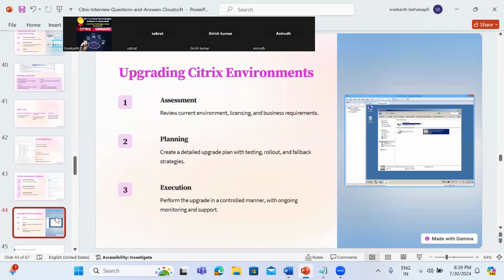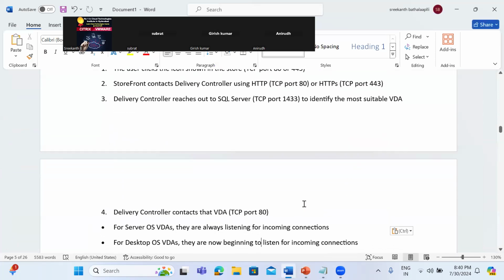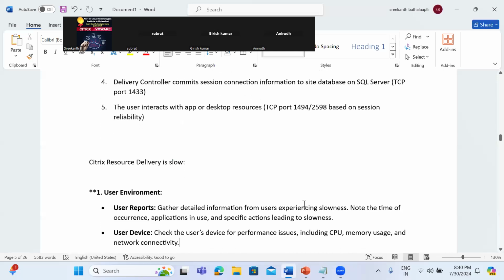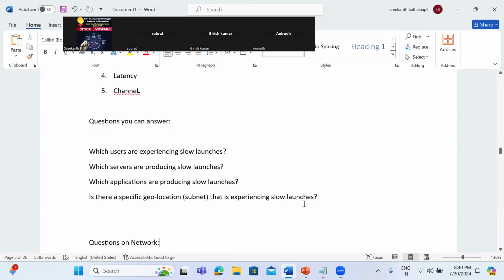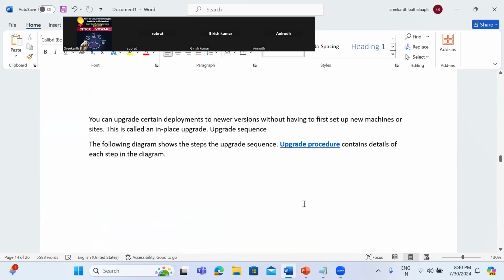And definitely we need to upgrade our Citrix environments. So we need to perform the upgrade. Here I will explain in which order we need to perform the upgrade. There is an order in which we need to upgrade our Citrix environments. Now, whenever we are going to perform the upgrade,